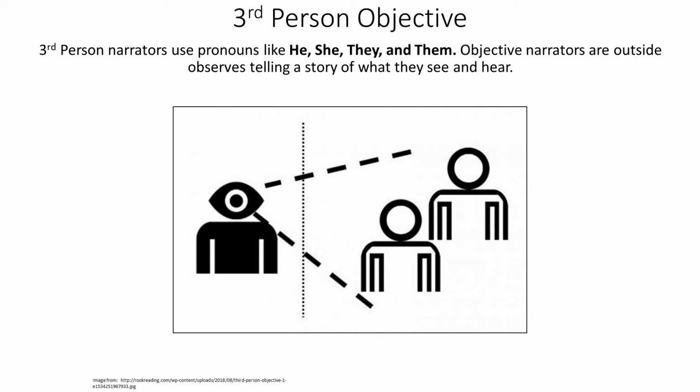When we look at third-person objective narration, this narrator has no idea what other characters in the story are thinking and feeling. They can only share with us what they can see and hear. Okay? This is why third-person objective is used a lot for things like news stories, because news reporters aren't directly involved in what's happening. So what they do is they interview people, and we can see and hear the things